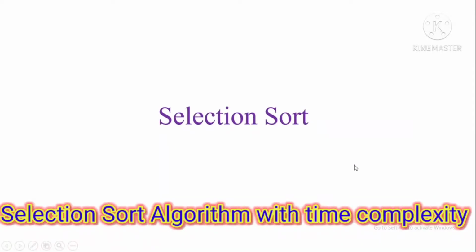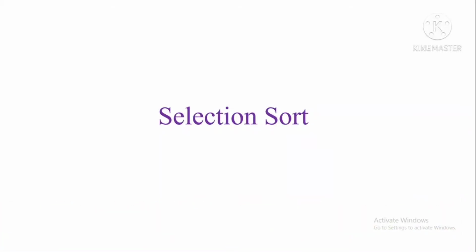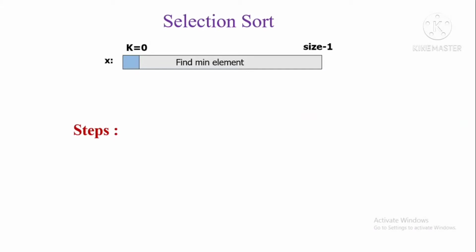Students, in this video we are going to see the selection sort. This algorithm is one of the easiest algorithms. The procedure is very simple. See, here we have an array. What we are simply going to do is find the smallest element from this array and